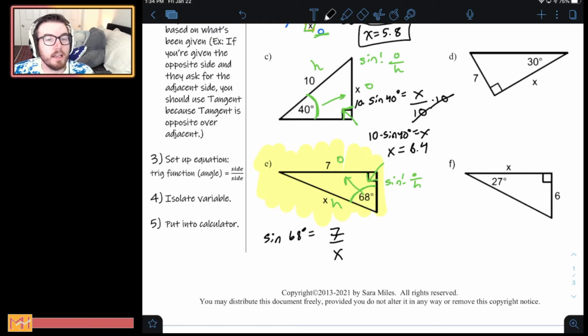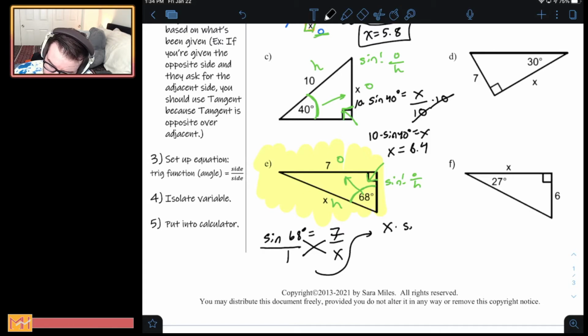Now, something different is happening in this example. You see how x is on the bottom as opposed to the top? So how do we get it out from the denominator? Well, imagine this as a fraction, and let's cross multiply to get it out of the denominator. Does that make sense? I don't want to solve for x in the denominator. I just want x. So if we cross multiply, we end up with